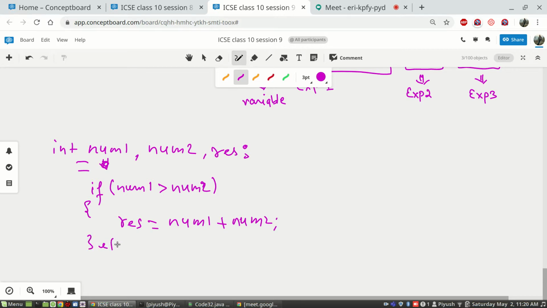Else our result will be the difference of the two numbers. So hope the program is clear. In case num1 is greater than num2, what we are going to store in the result variable is the sum of the two numbers. If num1 is smaller than num2, which is the other case, in that case we'll find the difference of the two numbers. Its equivalent version using the ternary operator will be